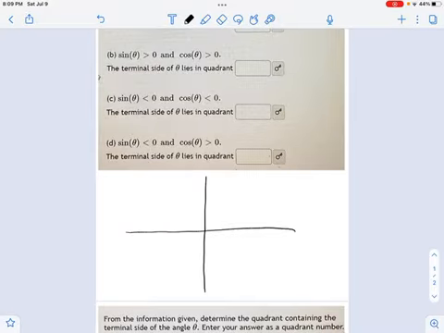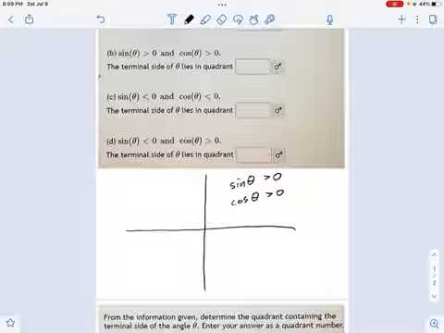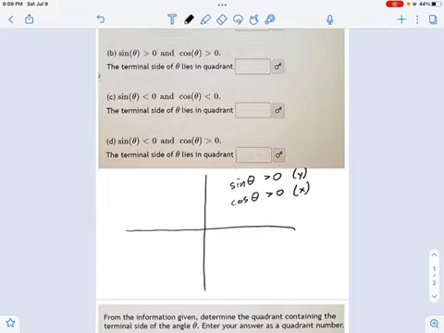Okay, I have 4 quadrants here. In the first quadrant, sine of theta is positive and cosine of theta is positive. I think an easy way to remember this is that sine of theta is the y coordinate and cosine of theta is the x coordinate, because it's very easy to remember that this is the x axis and this is the y axis. So if x and y are both positive, you see why we have to be over here in quadrant 1,